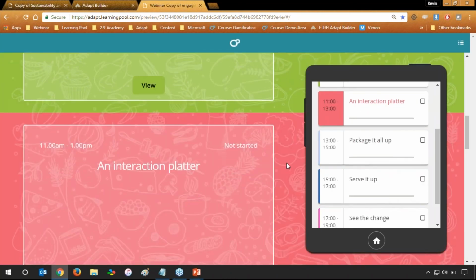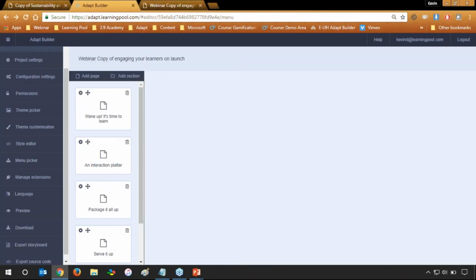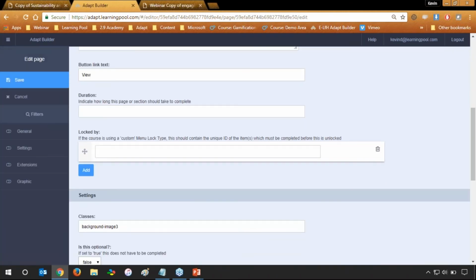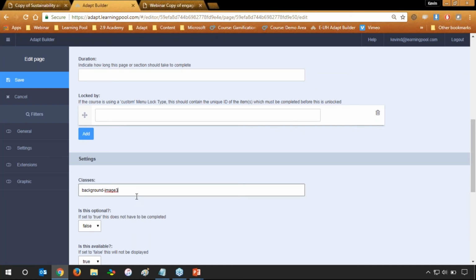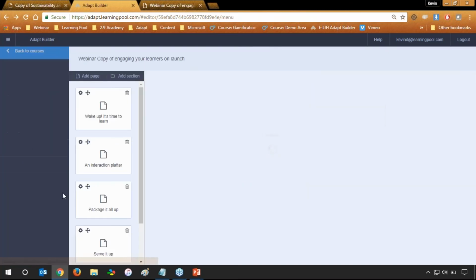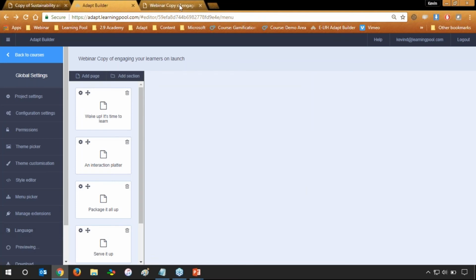Background color 2 pulls through for page 2. But what I can do as well is if I go into page 2 and interaction panel, if I add in background dash color 3 and then click on save and preview, by adding that class in, we're setting it on the